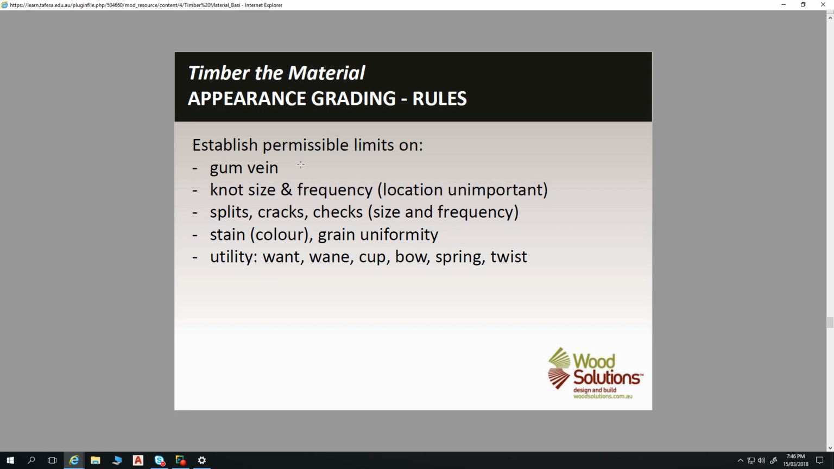And so basically your want and your wane are the same thing. So a piece of timber which is missing some part, while the rest of our timber is nice and straight. That we call the want or the wane in a piece of timber. If we've got a piece of timber doing this,